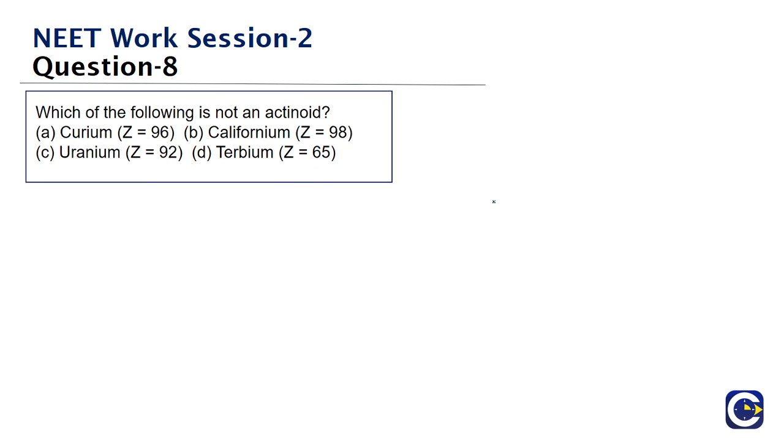Next we have another memory based question. This is a question based on actinoids. So look at the question. The question is, which of the following is not an actinoid? So actinoids are what? These are the 5F series elements. So we need to find which of them is not an actinoid. Generally, we may not be able to remember the names of all the actinoids. So when we go to the D and F block elements chapter in plus 2, there we will discuss some mnemonics, easy tricks to remember the names of the 4F elements and 5F elements also.